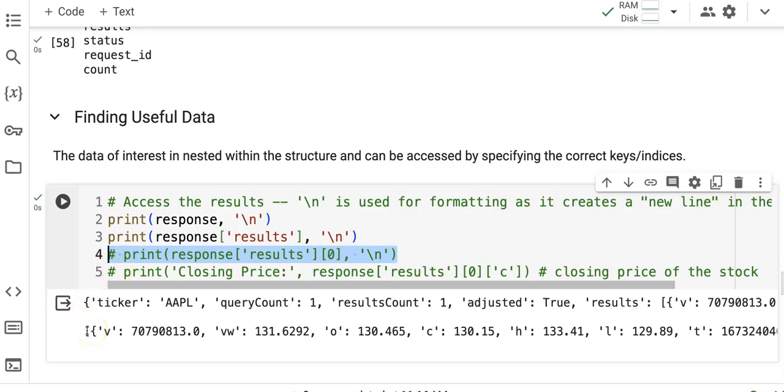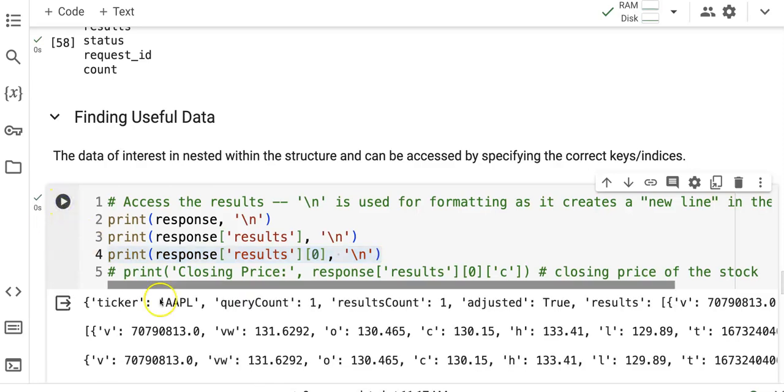I notice that this is a list. I see the square brackets. So I want to take the first element in that list to get closer to the results. Okay,